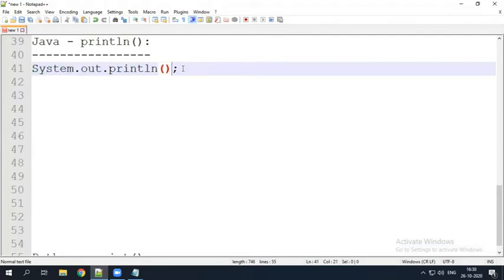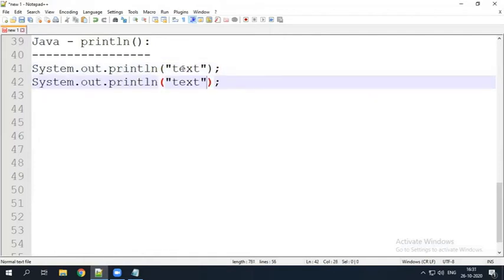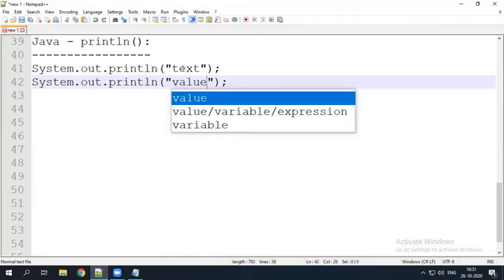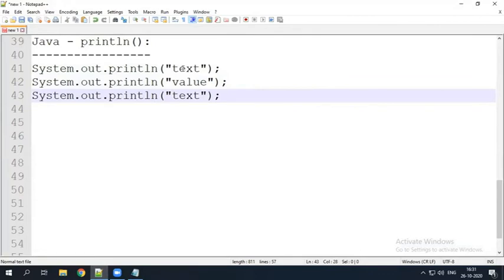Okay. Same as before, you can directly specify some text or you can specify some value. See here, it doesn't require any double quotation when we are printing a value. Next, a variable.